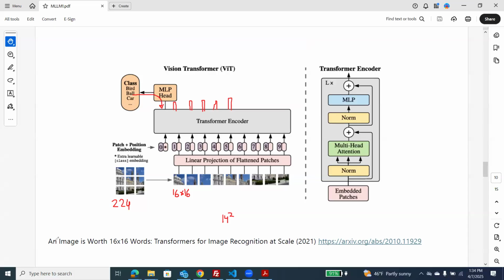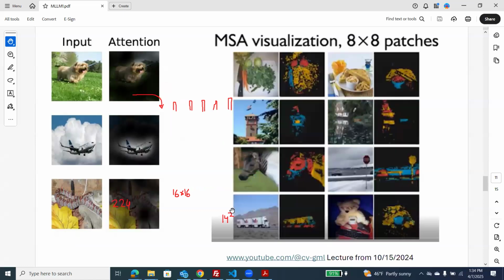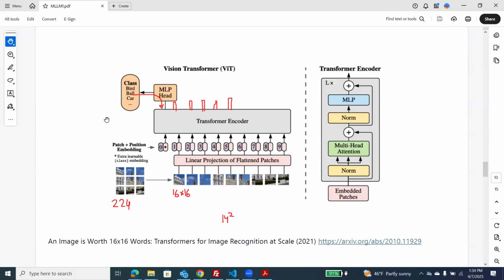Okay, so the next modification of this model, but before going to CLIP, there is just a visualization. Do you have any questions about the architecture? It's pretty straightforward if you are familiar with the transformer in large language models. Again, it's kind of a BERT model. On the next slide, I just provided some